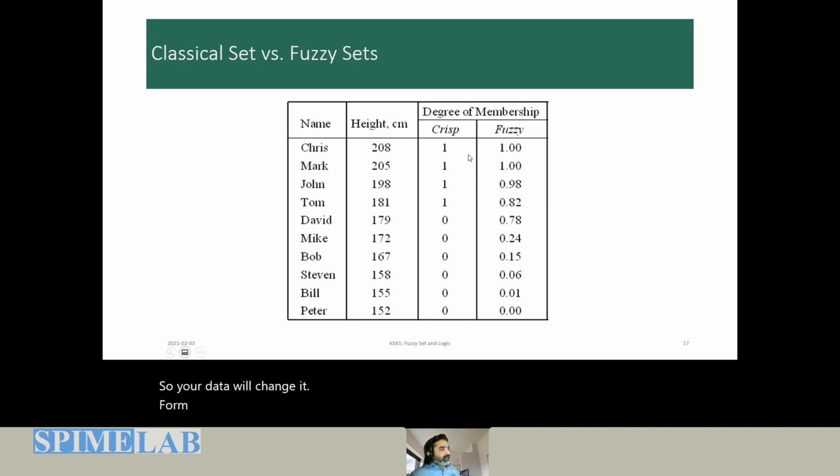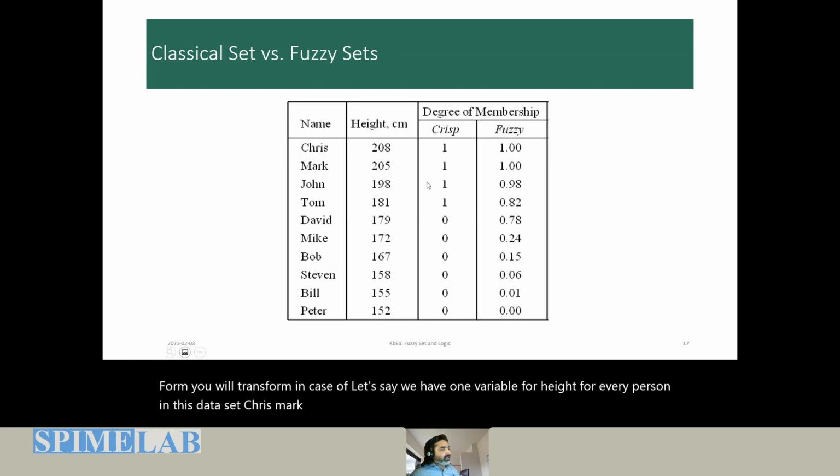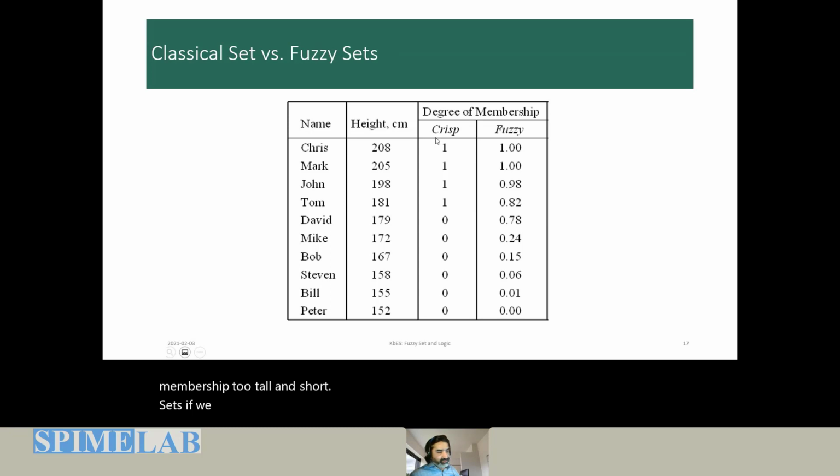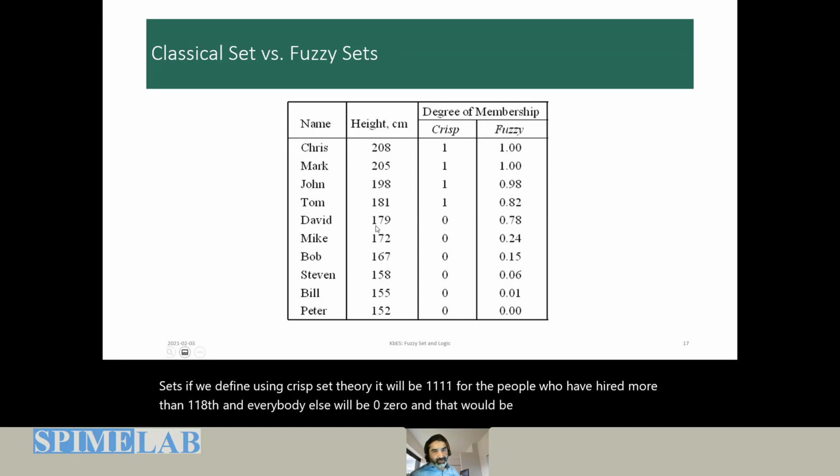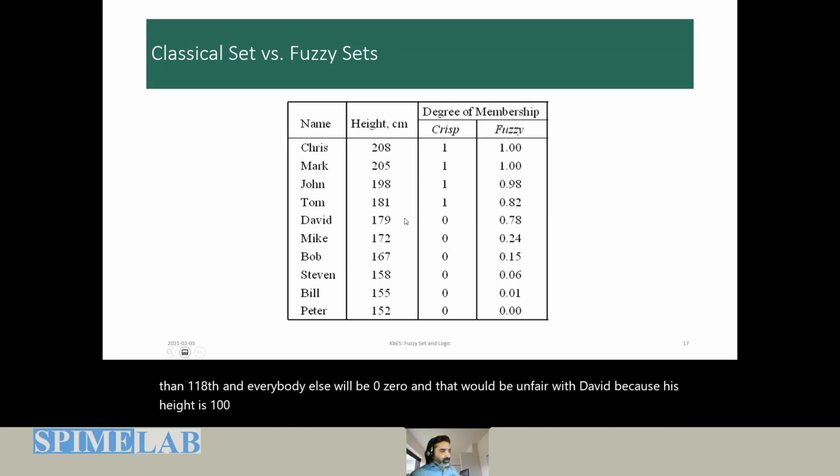Let's say we have one variable for height for every person in this data set: Chris, Mark, John, Tom, David, and their heights are 208, 205, 198, 188. And the membership to tall and short sets, if we define using crisp set theory, it will be 1, 1, 1, 1 for the people who have height more than 180, and everybody else will be 0, 0. And that would be unfair to David because his height is 179, just 1 centimeter below